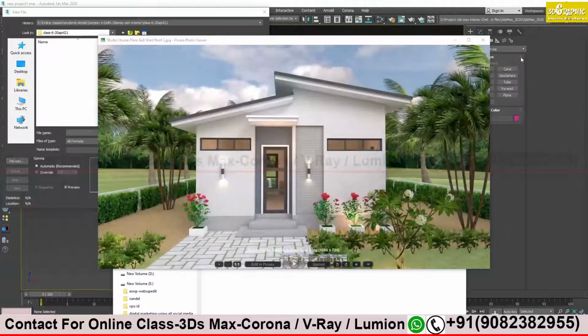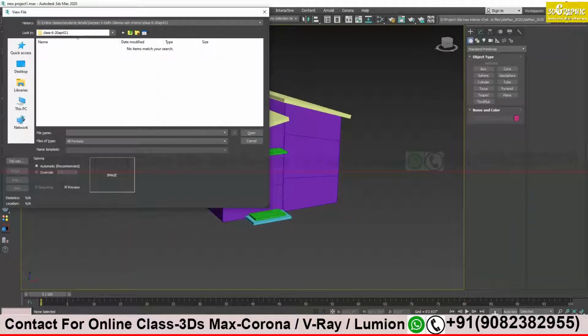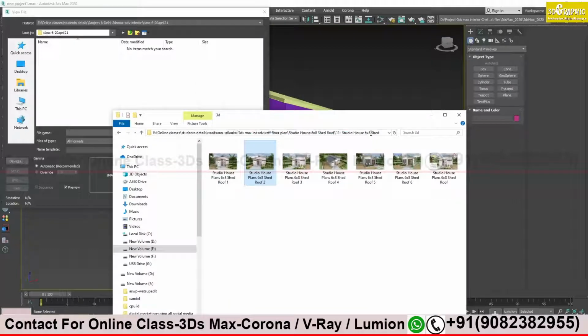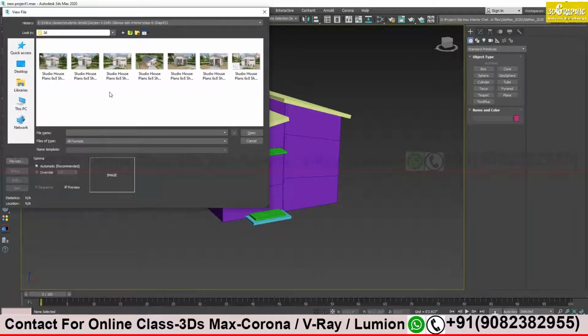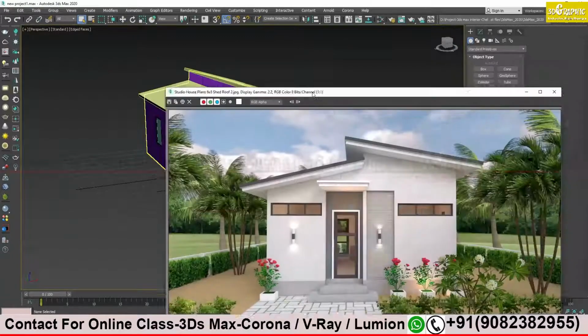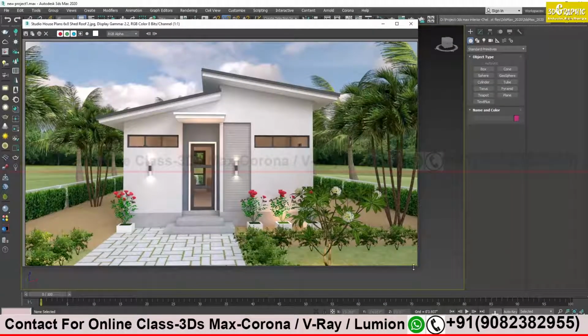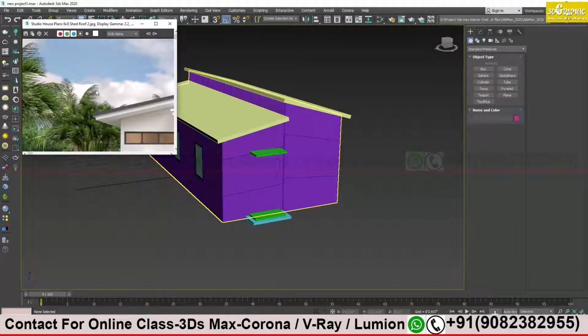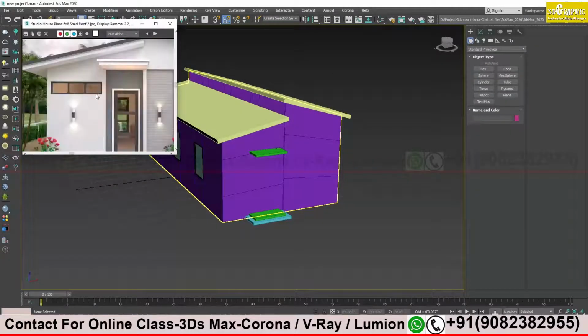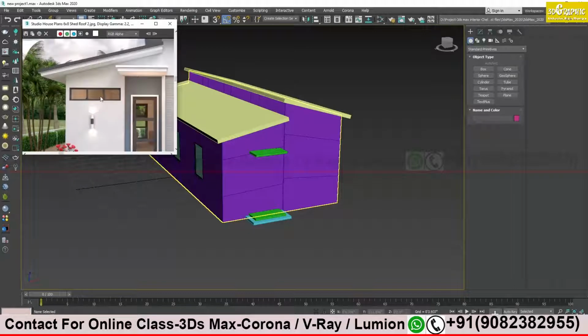This is the file. I will resize my image and zoom out a bit. Let me focus only on this window.